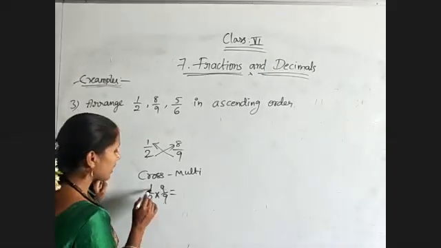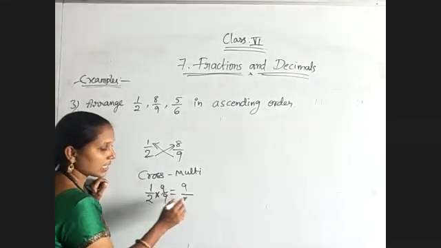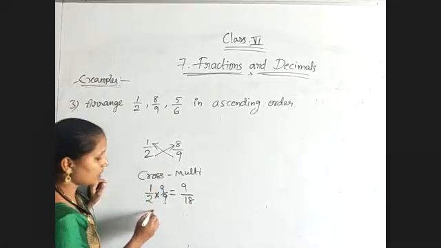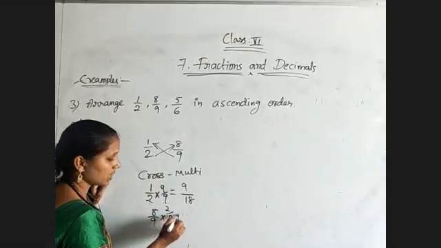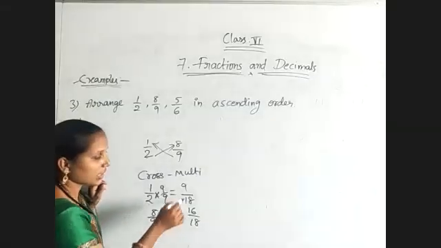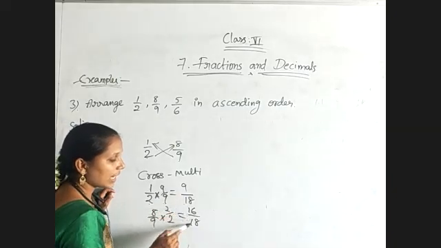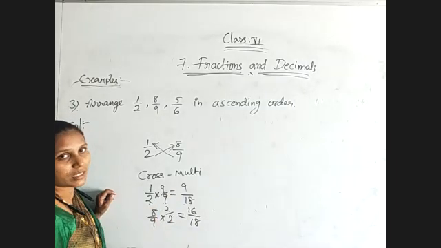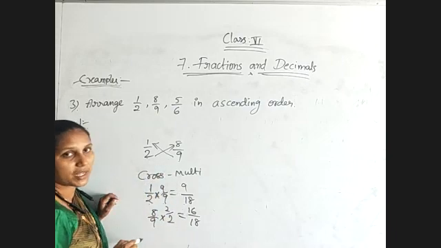So multiply the numerator with 9, that is 1 9s are 9, divided by 2 9s are 18. 9/18 is the equivalent fraction of 1/2. And coming to 8/9, here we need to take 2/2, which gives 8 2s are 16 divided by 9 2s are 18. Now observe the resultant equivalent fractions. 18 is the denominator for both fractions, so they are like fractions. We are converting unlike fractions to like fractions by using the cross multiplication method.